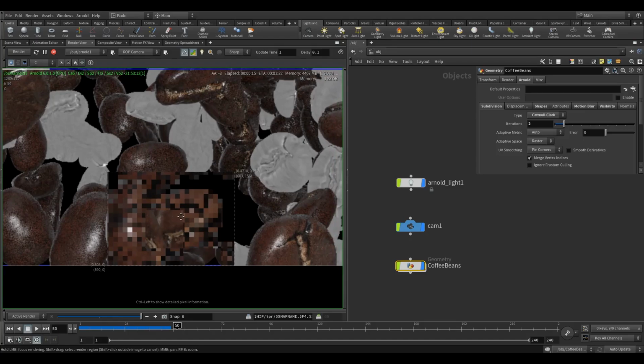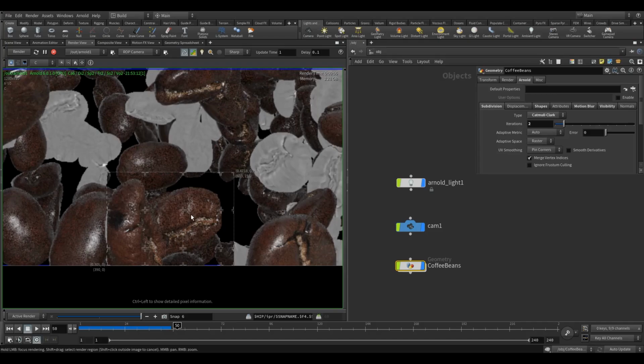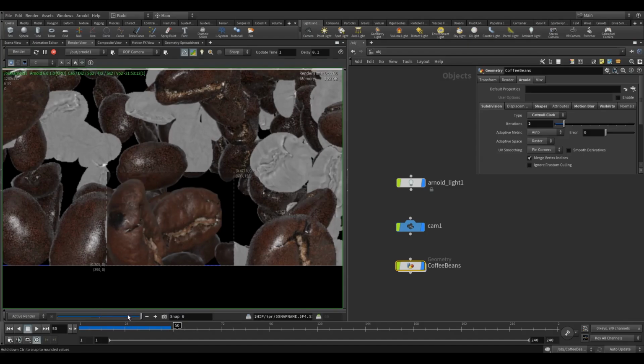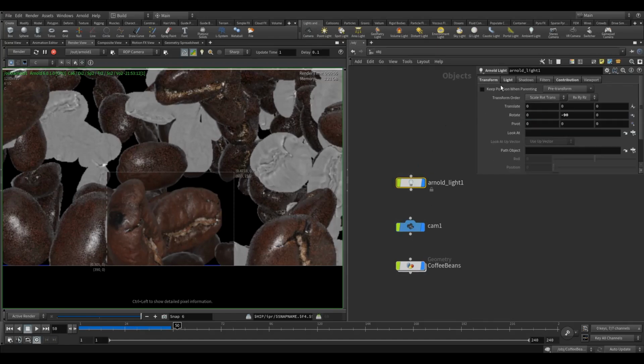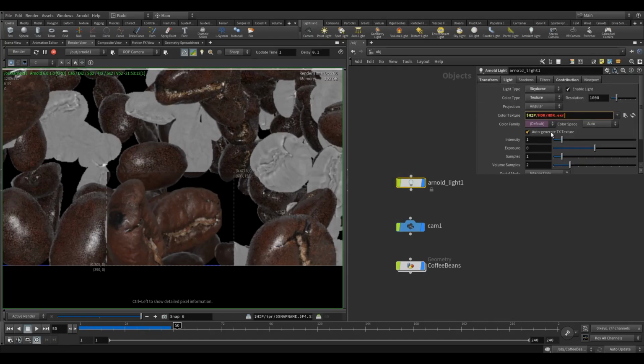Give it a moment. There we go. Okay. There we go. See? With that extra subdivision, it allows much more detail in the bump. Great. Okay. So the files that we've used so far, as I said, we are generating the .tx textures, but